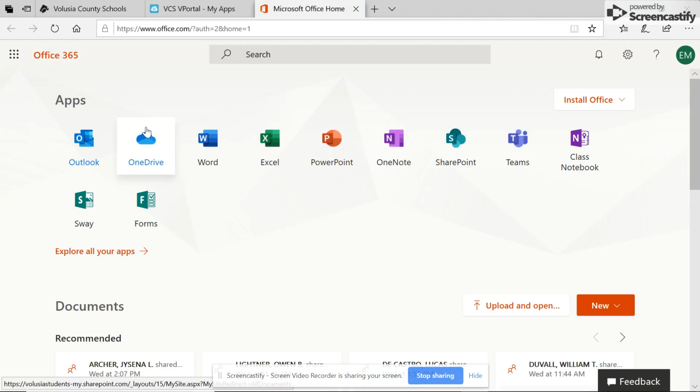The next one is called OneDrive, and OneDrive is probably the most important one that you will be looking at today. This is where we store all our information. Remember, I talked about the cloud? That's the symbol you're going to be looking for. Anytime you start an application such as Word or PowerPoint or any of the others, whatever you start will automatically be saved to your OneDrive. So I'm going to click on OneDrive,